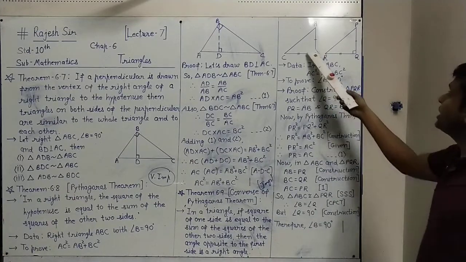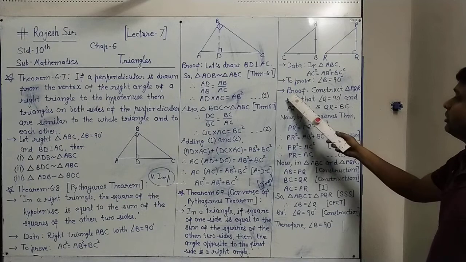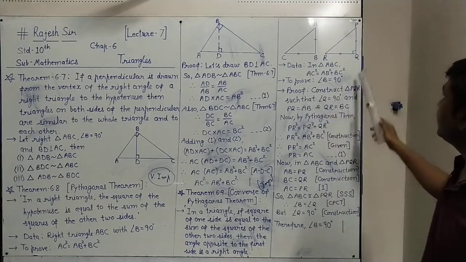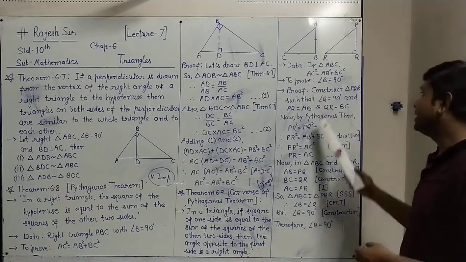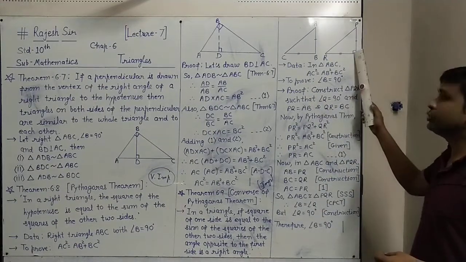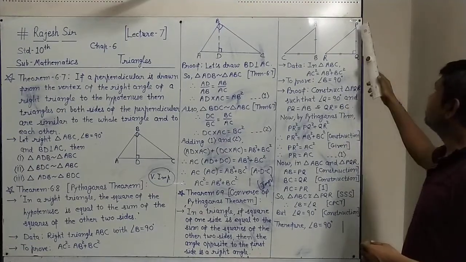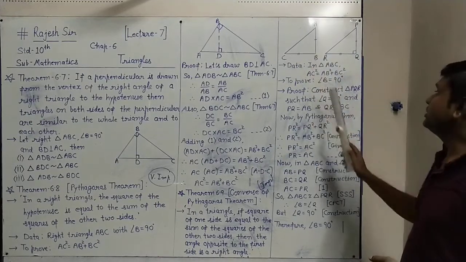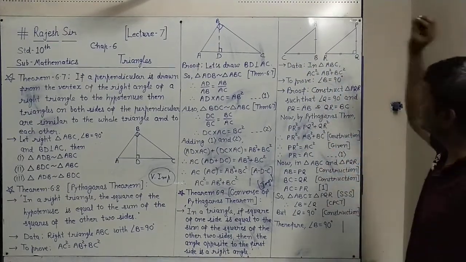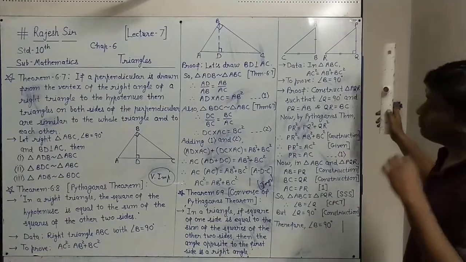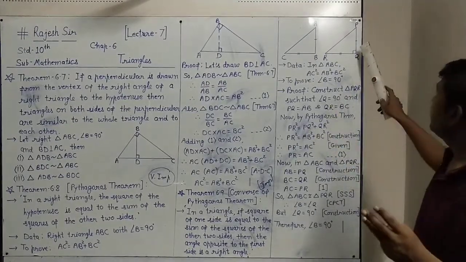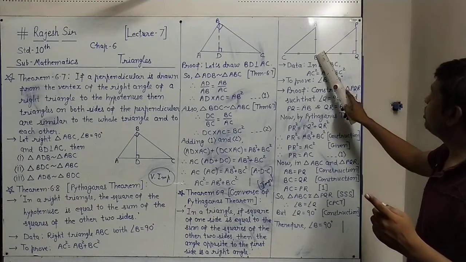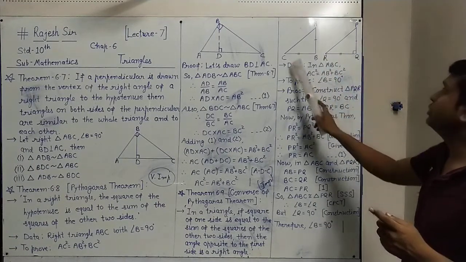To prove this angle P is 90 degrees, in the proof we have to draw a new triangle, construct triangle PQR, such that angle Q is equal to 90 degrees, and PQ equals AB, that way we have to draw, and QR equals BC. In triangle PQR, a new triangle we are drawing, which three things compulsorily? Angle Q 90 degrees we have to draw, PQ is of the length AB, and QR is of the length BC.